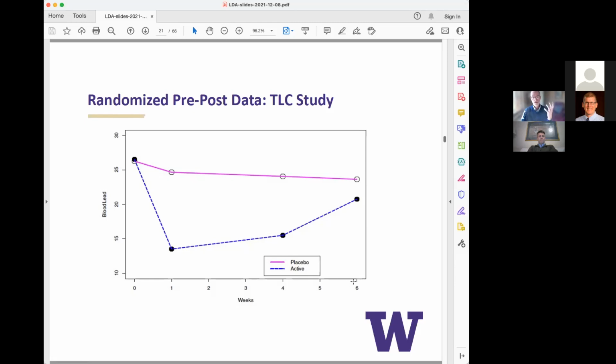Had we said 6 weeks is our ultimate time of interest, we can still ask the question: is there evidence that that's statistically significantly lower than the control group? So it's a great example where a time course may differ in each group. We have to identify the estimand. What is it exactly we want to test or make inference about based on the groups over time? And then we need a strategy to do it.